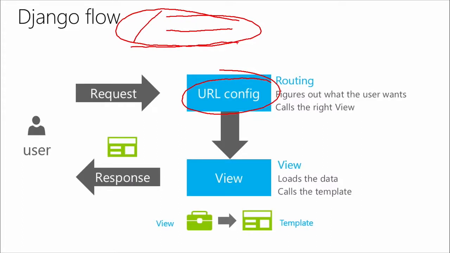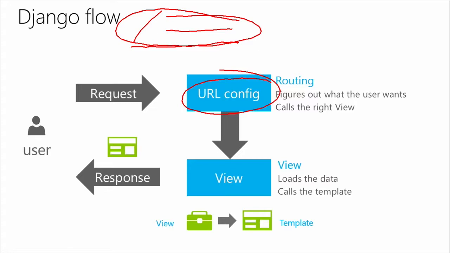And the answer to that is there's actually a little URL config file that you're going to have. What you'll do is list off, by using regular expressions, as we'll see, the set of different URLs that are going to be available. So if you want /artists to go load artists, then you're going to tell Django, hey, when you see /artists, I want you to go run this particular code.